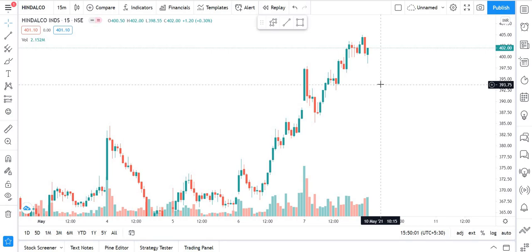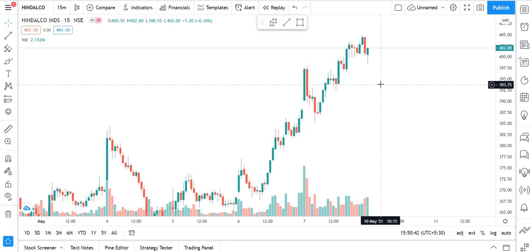So first of all, let me talk about the positional traders. Positional traders take trades for at least a month, or I will say 20 days. If you are a positional trader who trades in options or futures, you create positions, you buy the options or futures on CNC, and you see the 20 or 30 days momentum. You wait for some indicator to tell you that there is going to be momentum in a particular stock. We have told you the momentum strategy. So positional traders can just skip this video, because in this video we are going to talk only about